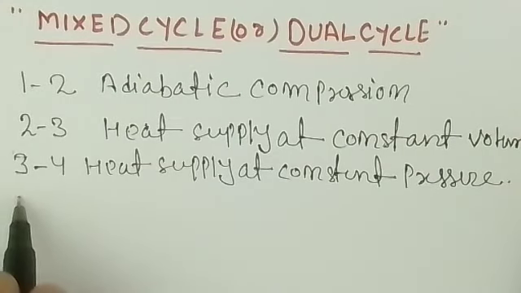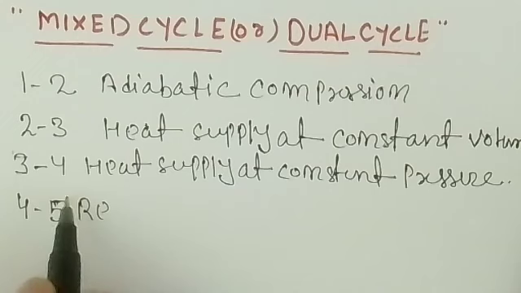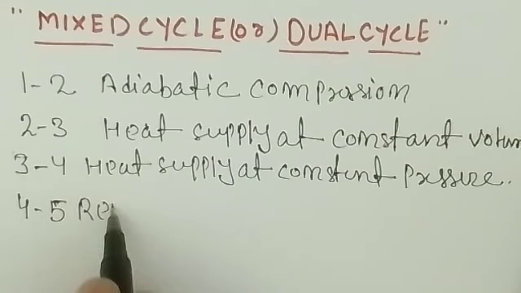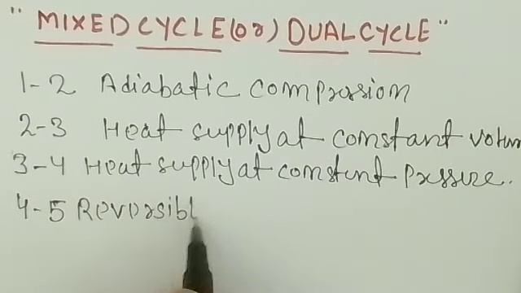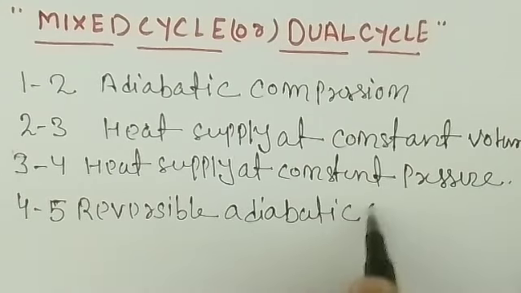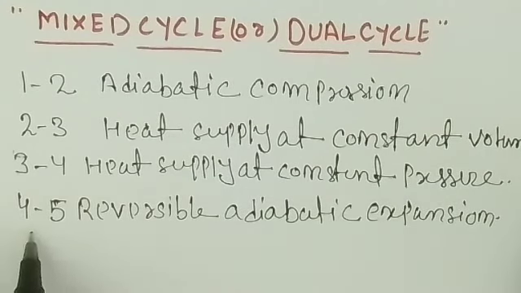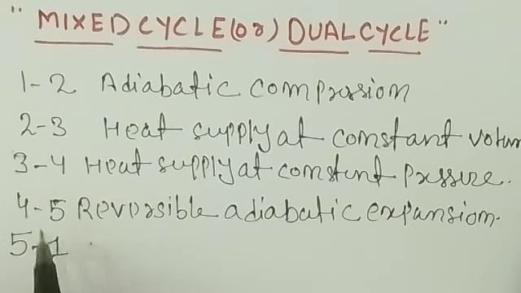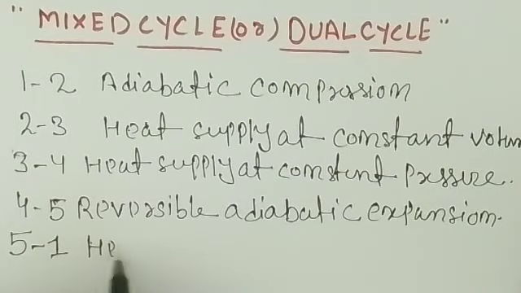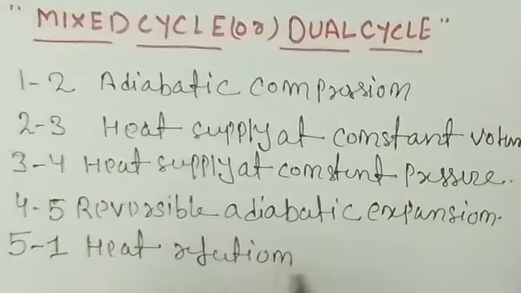right? And finally 4 to 5, adiabatic expansion. Here I am writing reversible adiabatic expansion. Here I forgot, so you have to consider that this is also reversible adiabatic. So it is reversible adiabatic expansion, right? And next, finally 5 to 1, we will reject the heat at constant volume to the initial condition, right? So we can say heat rejection at constant volume,